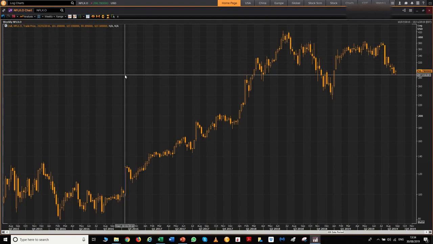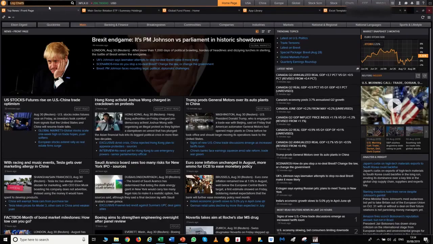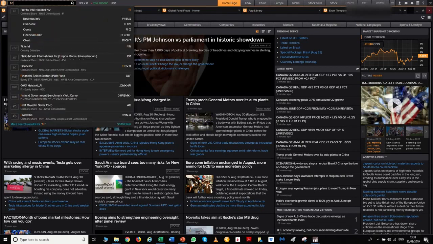So that's the log chart, and you can save templates and open up templates, etc. It's very simple to use, and yeah, TA is not hard to learn and not hard to understand. And then you can save these charts, and they'll be saved forever. So that's the log chart. The one I prefer to use when I'm looking at, say, fundamental data, is the